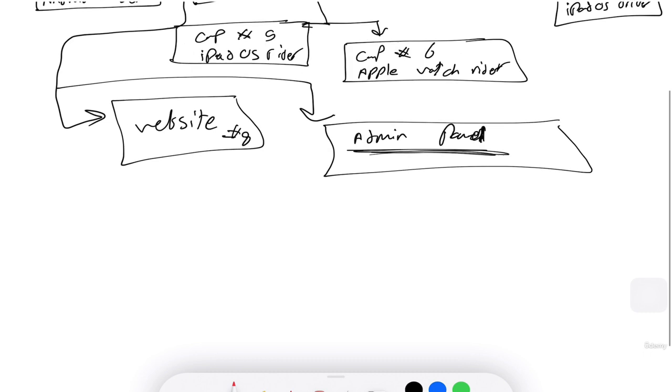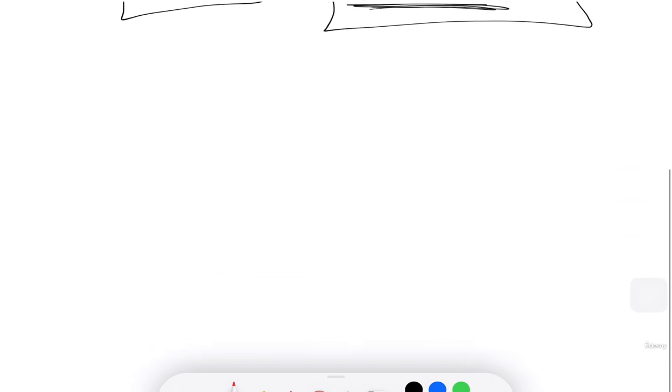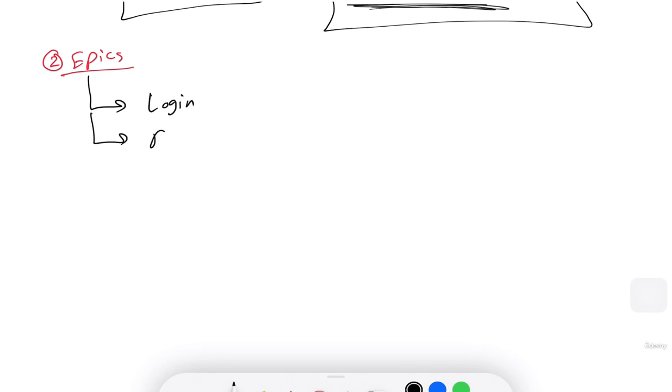After components, when we talk about Jira, we have epics. So what are the epics? The epics are the main functionalities that need to be developed. So for example, in Uber we have login epic, okay, we have registration epic,